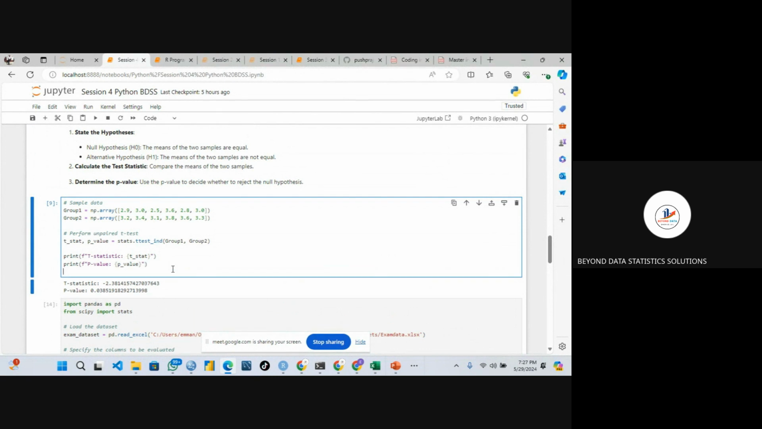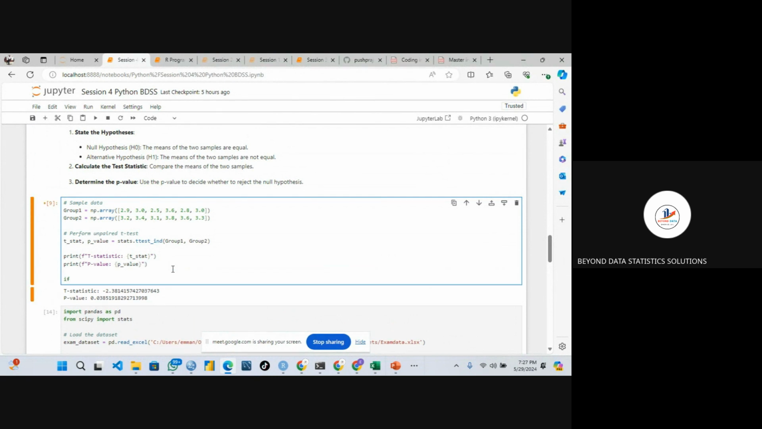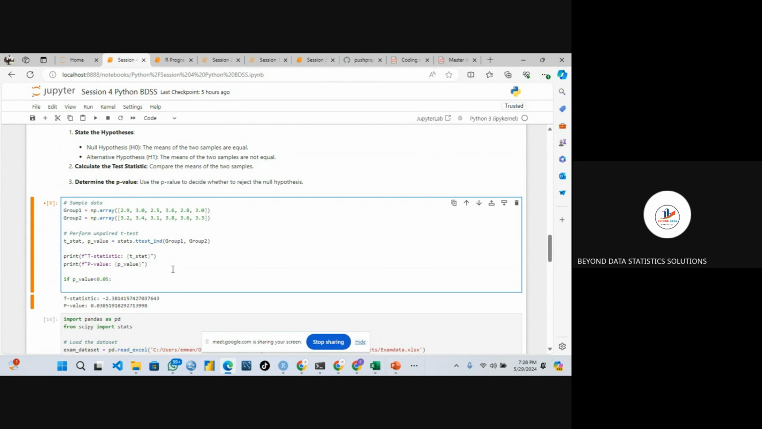So in this case, if I also want to make a decision, if the variable p-value is less than 0.05, it helped me to indent. The colon helped me to do the indentation. It's less than 0.05. So what am I going to print to the user? The user should know that